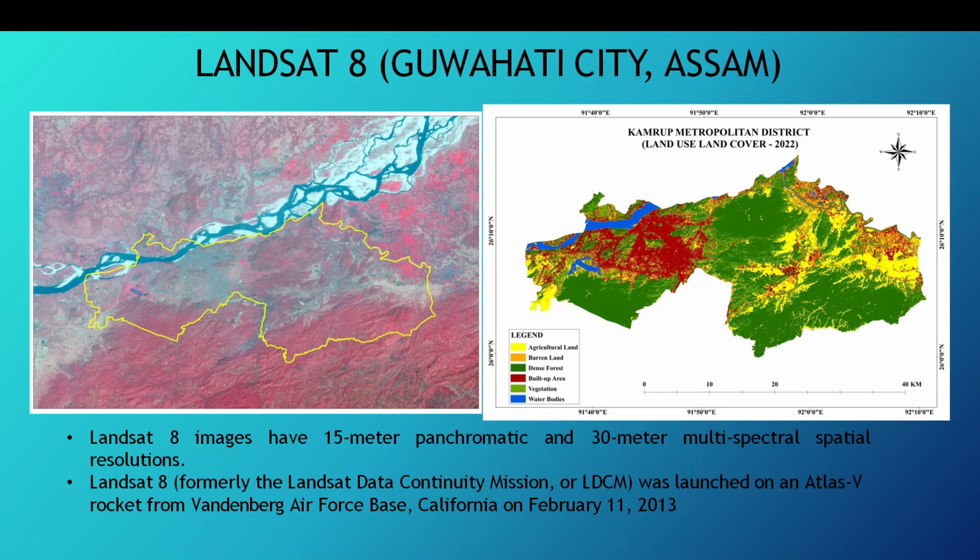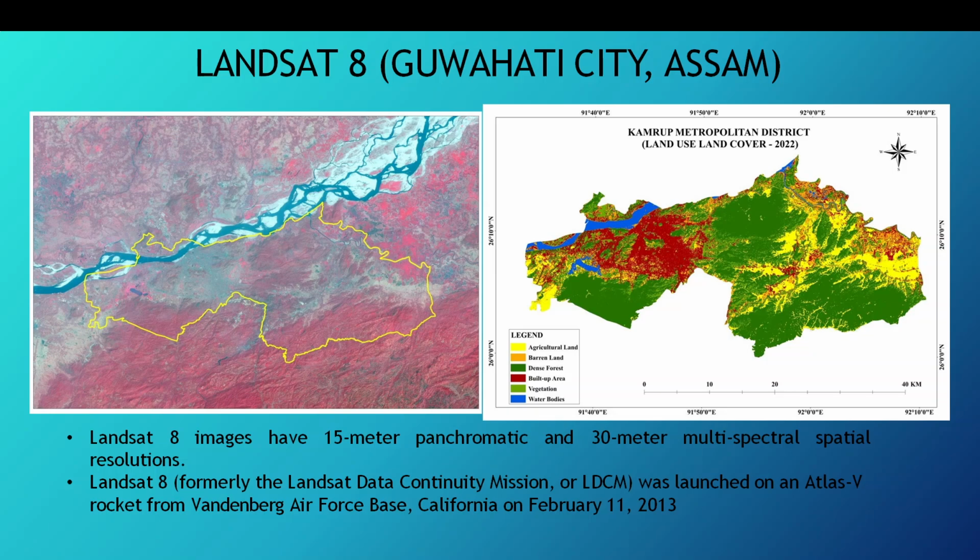Then we have the satellite imagery, this satellite imagery of Guwahati. The image on the left that you can see is a false color composite image from Landsat 8, where different land features appear in distinct colors. The right image is a land use and land cover (LULC) map of Kamrup Metropolitan District that is carved out of this